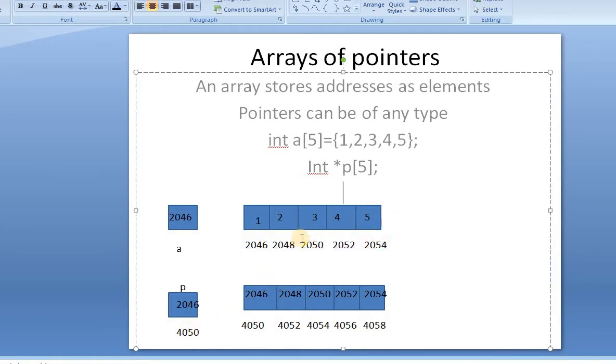These addresses are stored in another array, array P. You can see array P is storing the addresses of array A: 2046, 2048, 2050 up to 2054. We have two arrays. Using these pointers we can access the elements inside array A. I will show you how.